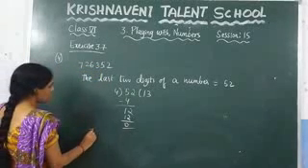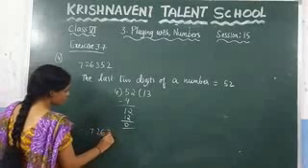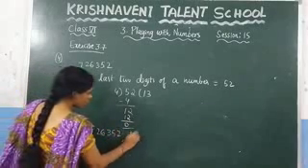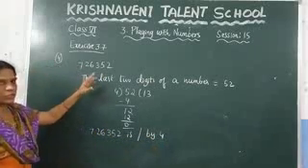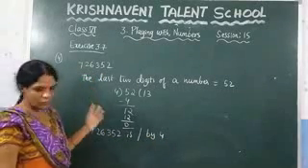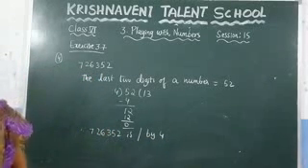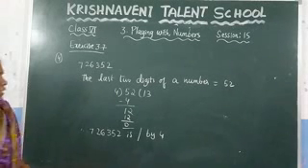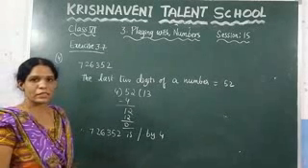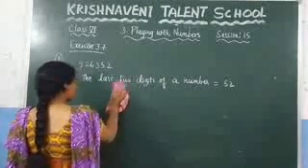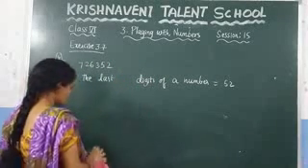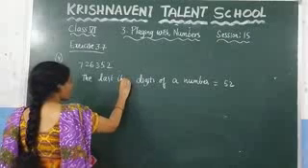What is the given number? 7,26,352 is divisible by 4. So you just need to check the last 2 digits. And now we need to check the same number whether it is divisible by 8 or not. For that, you need to take the last 3 digits of the number. So I am writing this one. For the divisibility rule for 8, you need to check the last 3 digits of a number.